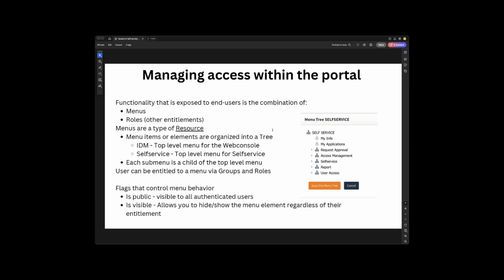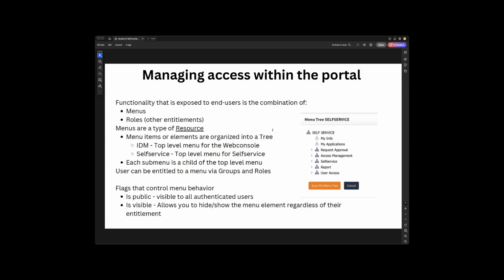So within OpenIAM itself, we actually do extend those objects to serve just that purpose. So all the menus that you see when you log into OpenIAM, either in self-service or in the web console, are basically a type of resource. It's just another metadata type. It's called a menu, and